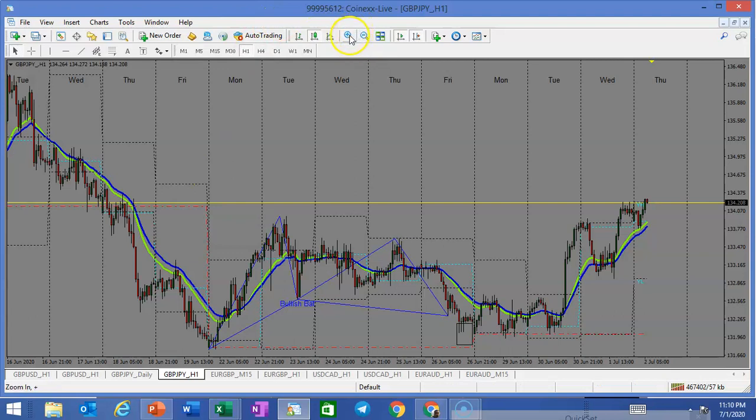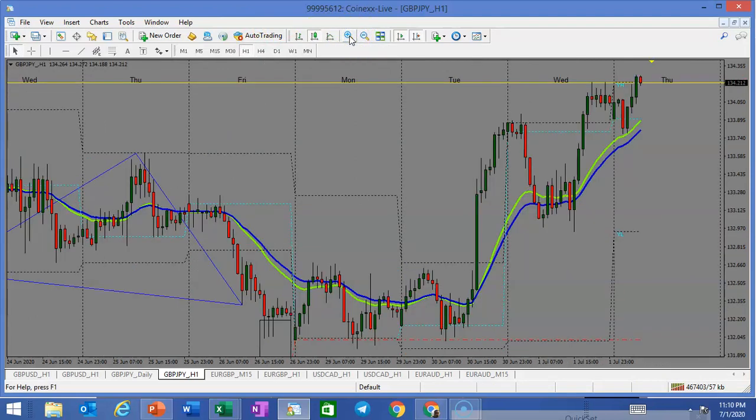So next time I come in, hopefully it sticks to our bias, and we should be entering into buys. I could have sworn GJ was gonna be selling, but hey,